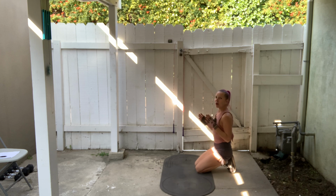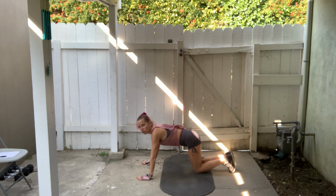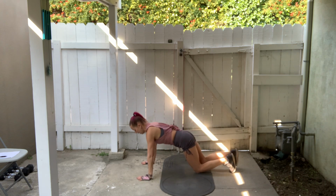Again, I was staying on one side for the entire set of 20 push-ups. If 20 push-ups is too many for you, you can reduce the amount of reps. You can do 10 push-ups per round. So do whatever works for you, but we were staying on one side for the entire set, okay? So